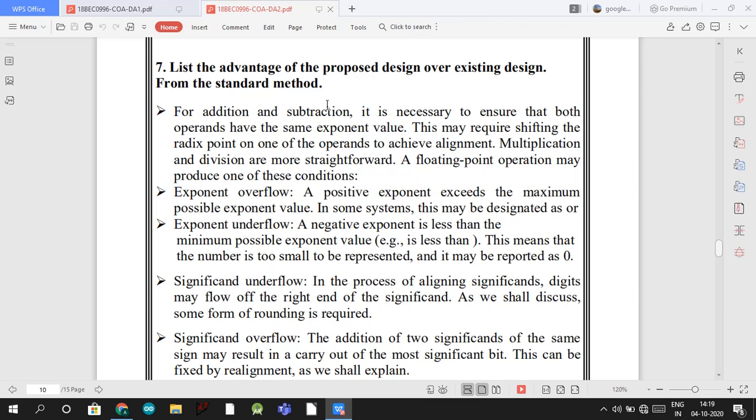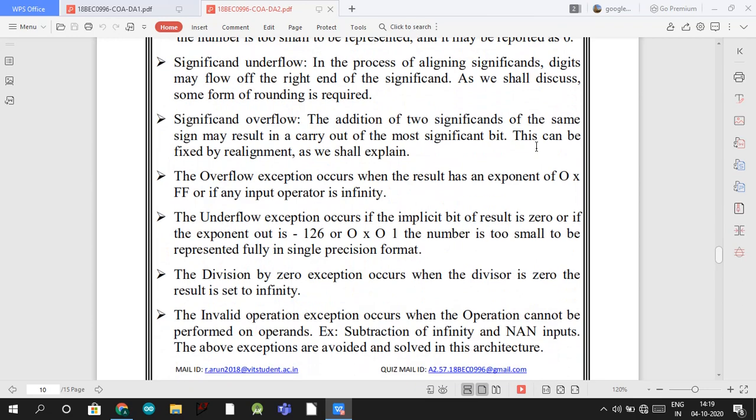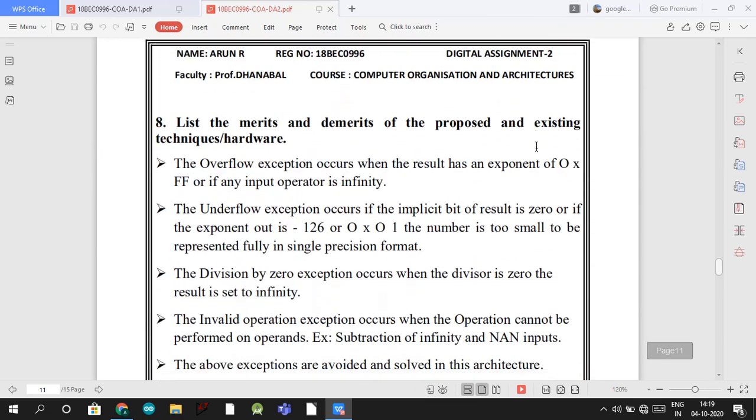This is the advantages. For the exponent, a positive exponent exceeds the maximum possible exponent value. In some systems, this is either designless or here I listed. Then if you go to the 8th question,